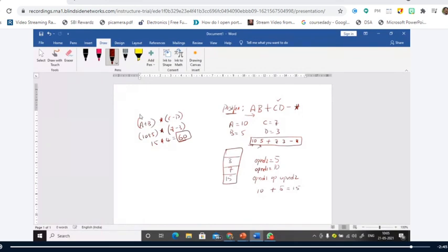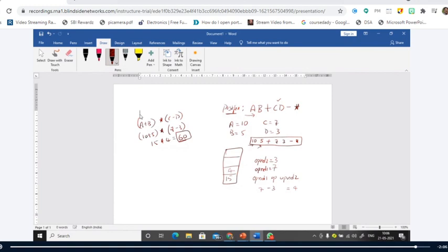Now minus. Since it is an operator, you have to perform 2 pop operations. The first popped element 3 is placed inside operand 2. The second popped element 7 is placed inside operand 1. Then you perform operand 1 OP operand 2. What is operand 1 here? 7. What is the operator? Minus. What is operand 2? 3. And the result is 4. You have to push this result back onto the stack. Therefore, I push back and I get 4.